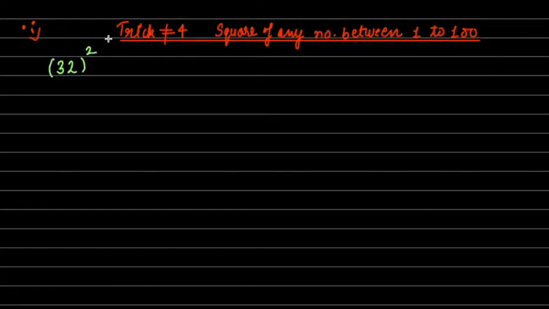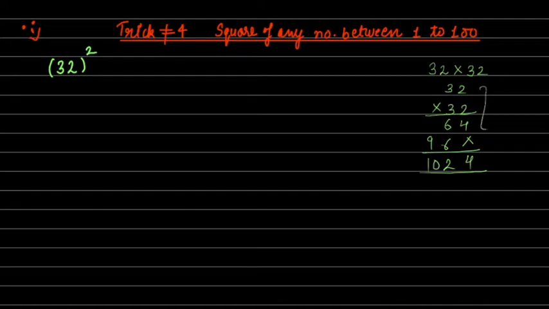number. So I told you that there is a traditional method. 32 square means you have to multiply 32 with 32, right? And we do traditional multiplication this way: 2 2s are 4, 2 3s are 6, then 3 2s are 6, 3 3s are 9, then 4, 6 6 12, and then 10. So for children it takes time to do this traditional multiplication. Let's learn the short methods to do this.